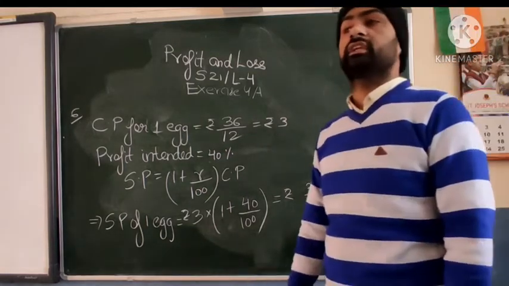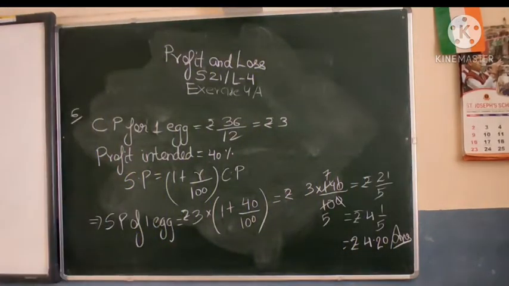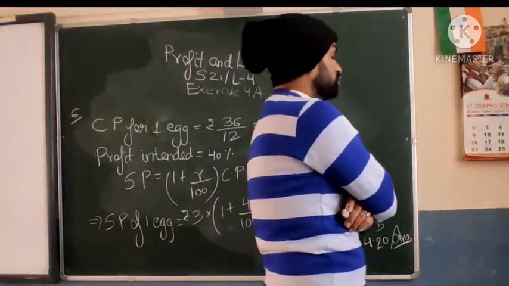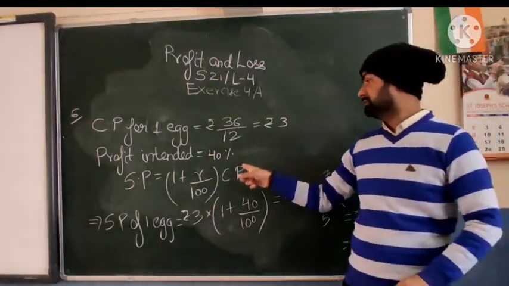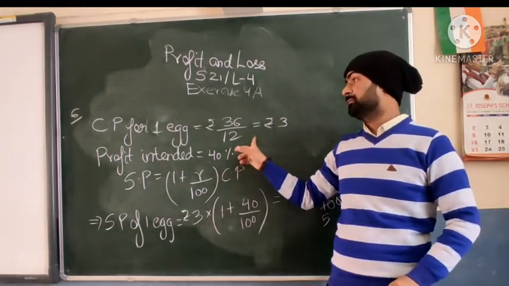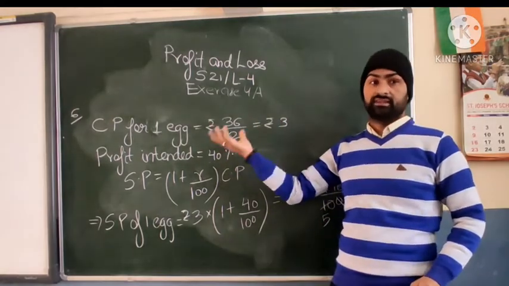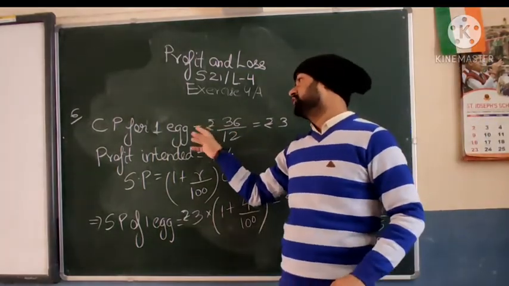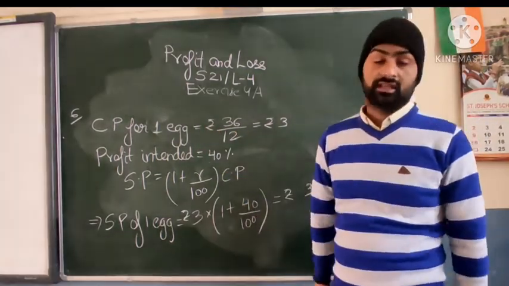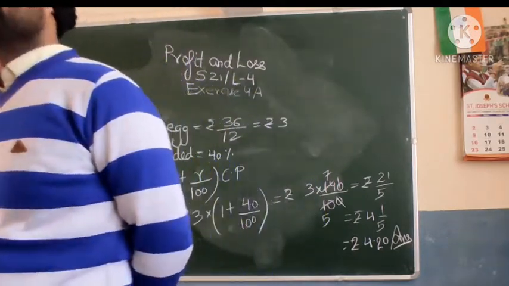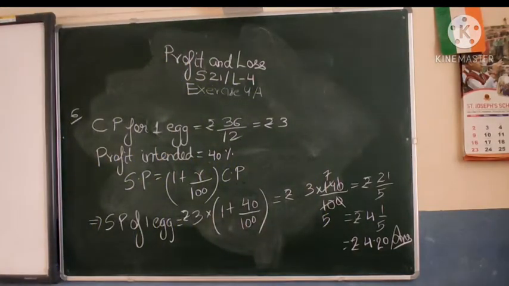Now, what new thing have I used in this question? I have used the formula of calculating the selling price if the cost price and the profit percent are given. The selling price can also be calculated if the cost price is given and also the loss percentage is given. See this cost price we have calculated, if the data for more is given, from more to less I have divided. So you also have to know how many units are in a dozen? 12. Okay. So 12 units are there in a dozen. So with that we can calculate things.